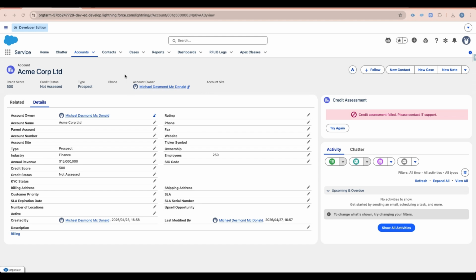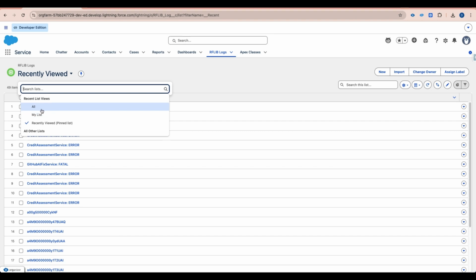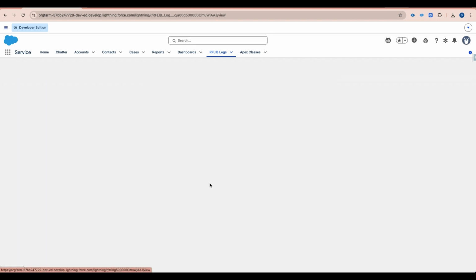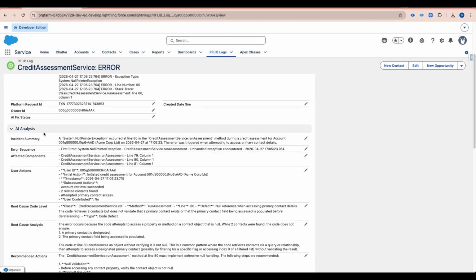Next step is then to go and view our RF logs. Let me just go into my list that I've created. Get in here and boom. Now what I've got here is not only a normal RF log, but I also have an AI analysis. So I've got